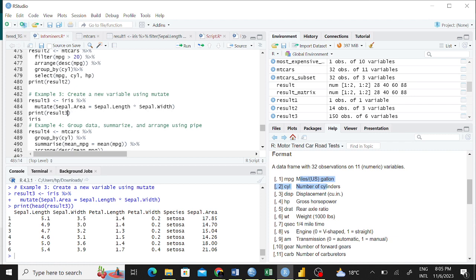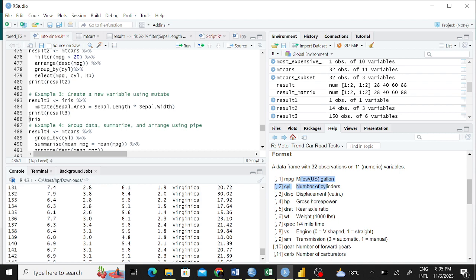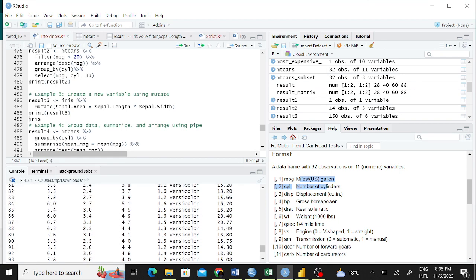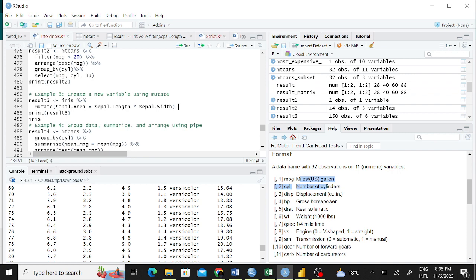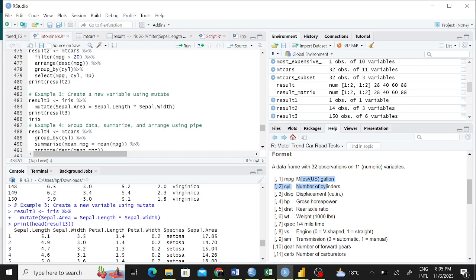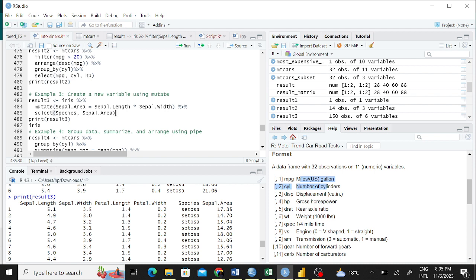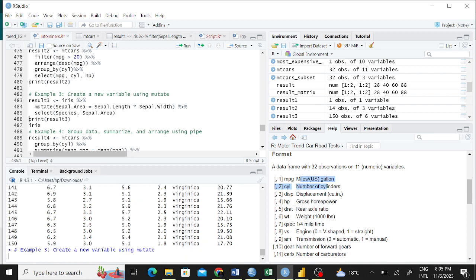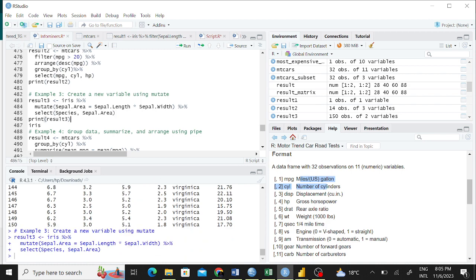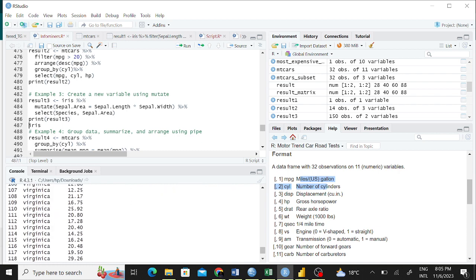So head, if you just print all of it, you can see up to 150, and then you can see the sepal areas of all of them. After doing this, we also maybe don't want to see all these things. We may just be interested in seeing the species and the sepal area, right? Copy, paste, and then get me back to the species and then the sepal area, and then you can print the result and see that